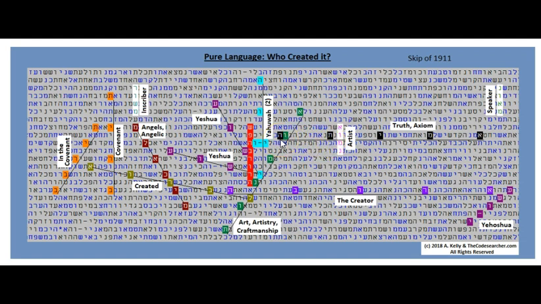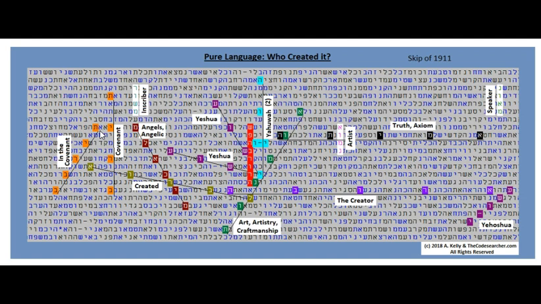Angels or angelic in this plum color, going down diagonal. Covenant is in this orange, going up vertically. Covenant, and then right to the side, to the left of it, is in the covenant, because it has a bet on the front. Bet Berit.